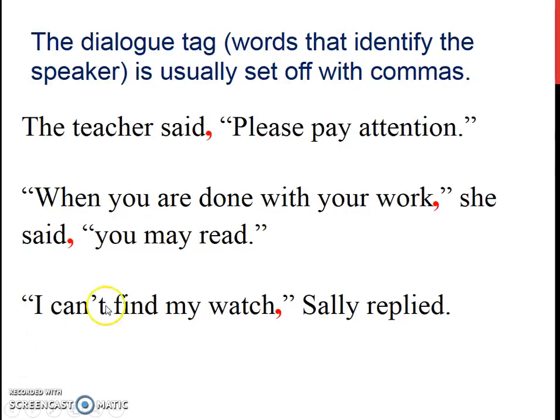Now notice with the comma, there is no space between the last letter you typed or wrote and the comma. So the comma is essentially attached to this letter. So in the first one, the teacher said, the comma is not going to be inside of the quotation marks. Here in the second example, you have to put the comma right after the K. There can be no space. So it's going to be inside the quotation marks, whereas this comma is not because it's essentially attached to this D.